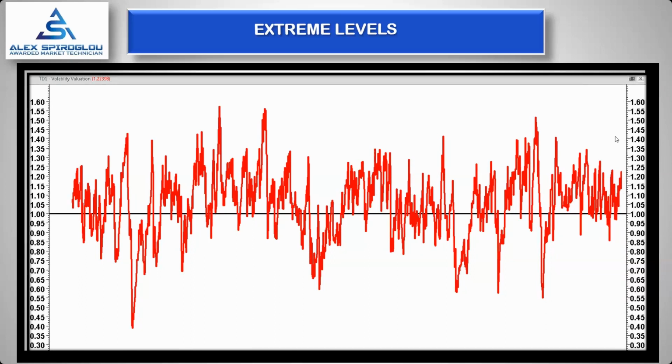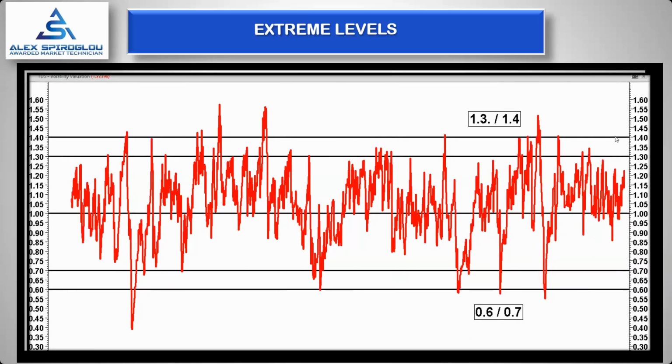Anything above 1 means volatility is high, but when it is extreme, it is usually around 1.3 to 1.4, or 30 or 40%, or 0.6 to 0.7. So whenever volatility is around 1.3 to 1.4, then it is high, extreme. When it is 0.6 or 0.7, it is extremely low. And as John mentioned, high volatility is where market trends go to die, and low volatility is where